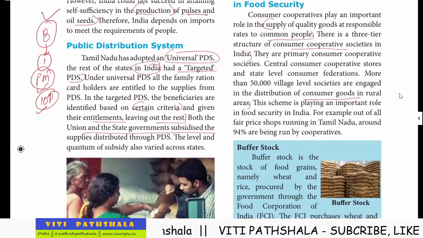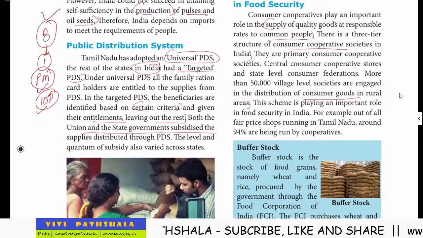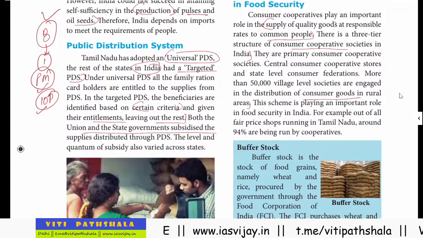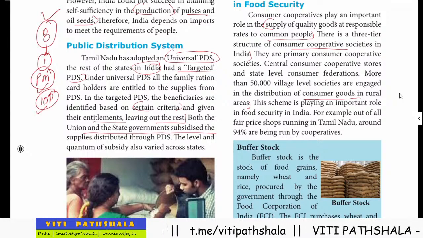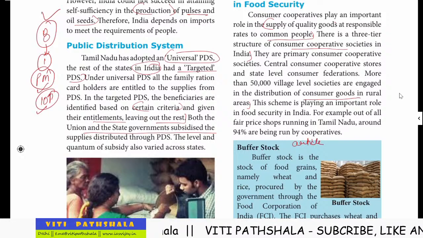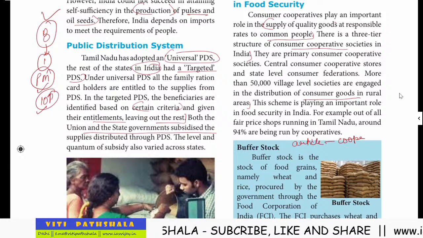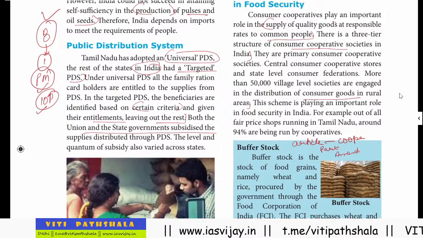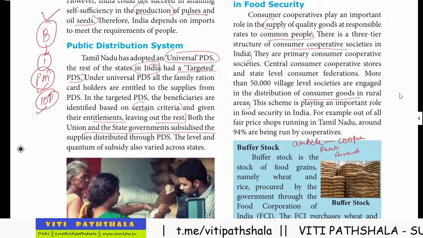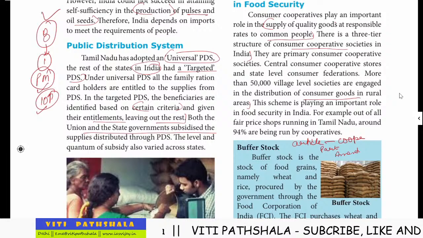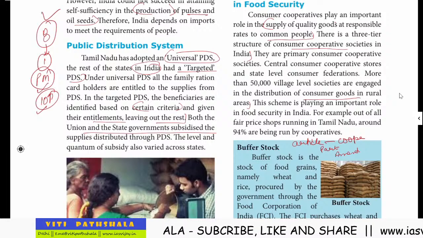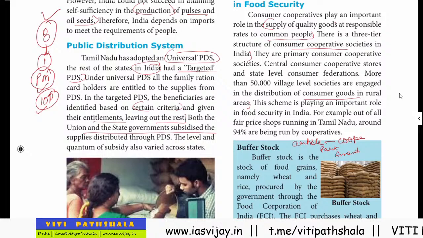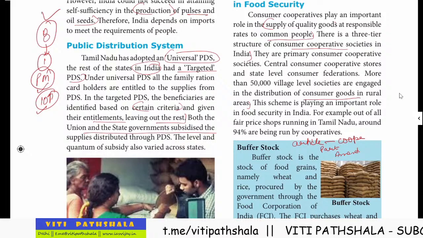Now, with the cooperative societies, there is a question for you. You have to tell me which schedule, sorry, which article deals with the cooperative society, and in which part the cooperative societies are mentioned, and the amendment you have to tell me. So first is the article, the part in which the cooperative societies are there, and you have to tell the amendment which is concerned, and the DPSP which is concerned with it. So you have to tell, because if you know these things, you would be able to write a good answer,